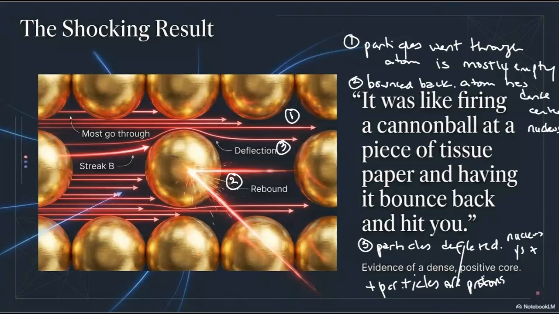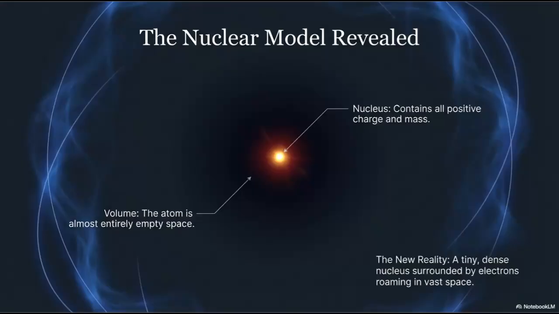So summarizing this, we have an atom that's almost empty space. It has a dense nucleus, and that nucleus is positive in nature. So the atom has protons in the nucleus. So JJ was about the electron, Rutherford was about the protons. The cathode ray has some problems. The gold foil experiment has other problems. But let me see what is coming up here. Okay, so